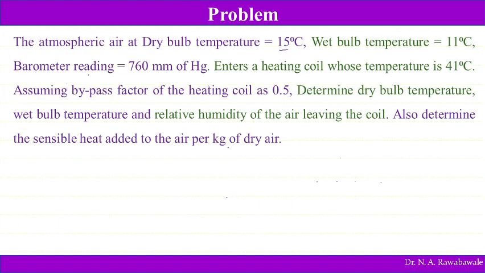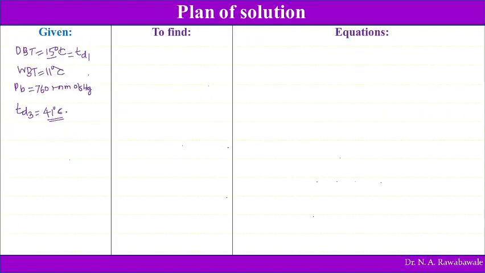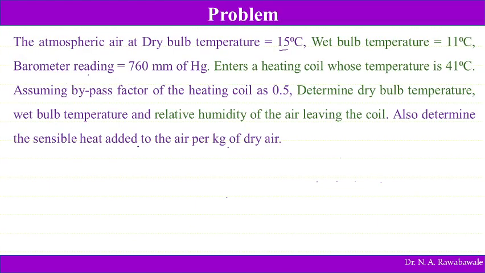Then he says that the bypass factor is 0.5. Then he is asking us to determine the dry bulb temperature, wet bulb temperature, and relative humidity of